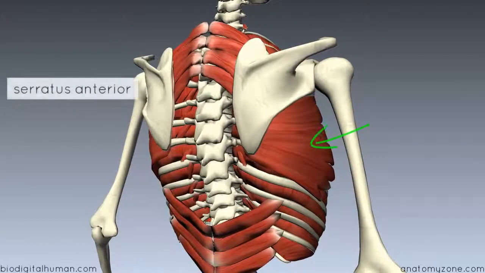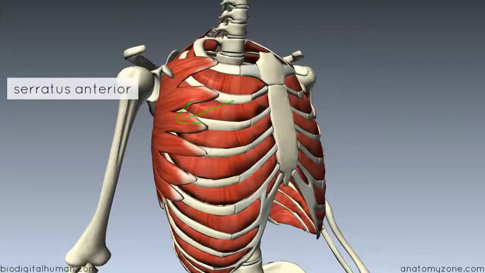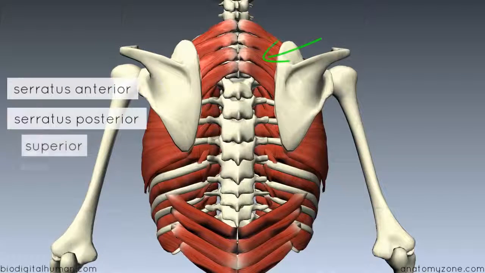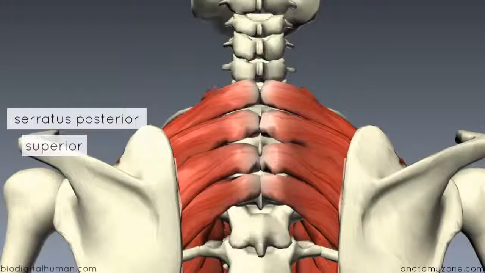We've got the Serratus Anterior, which you can see laterally and anteriorly here. And then at the back we've got the Serratus Posterior, and we've got a superior and inferior muscle. So we'll start with the superior muscle. As you can see here, the Serratus Posterior superior originates on the spinous processes of the vertebra, from C7 to T3, and it inserts on the upper borders of the